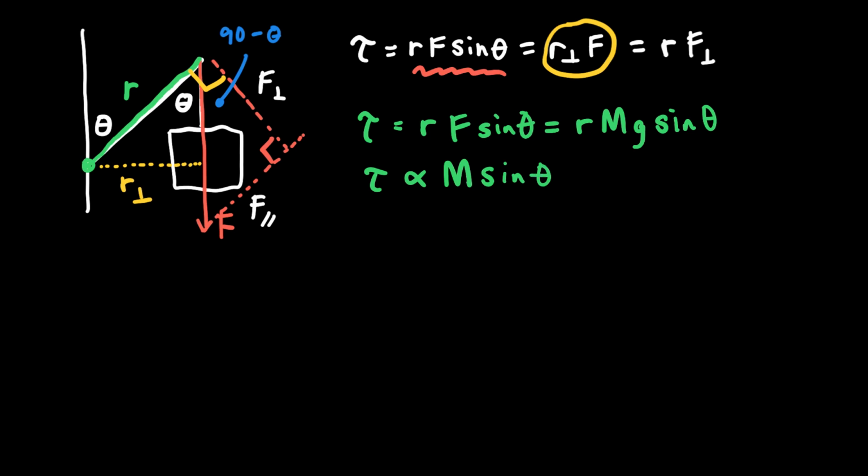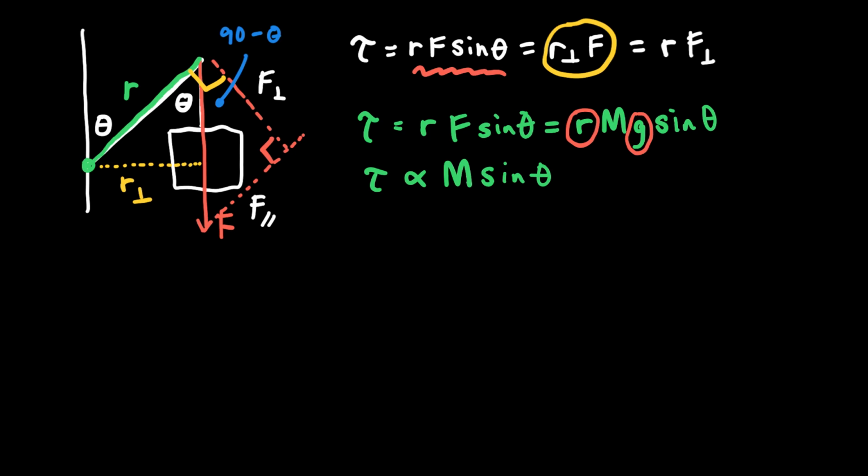sine theta. So notice, I'm not calculating any torques. I'm going to calculate what m times sine theta is in each case, because that's the only thing that I need in order to determine the torques. Because as I said, the length of the rod, R, I'm not using R perpendicular here, I'm just using R and F, the whole thing, and the gravitational acceleration are the same in each case. So instead of calculating those, I'm just going to figure out what m times sine theta is in each case, and